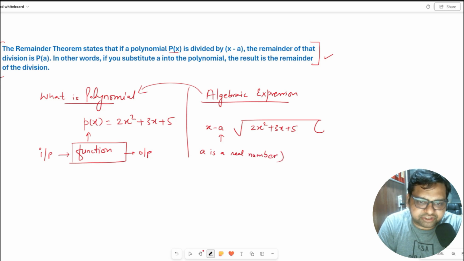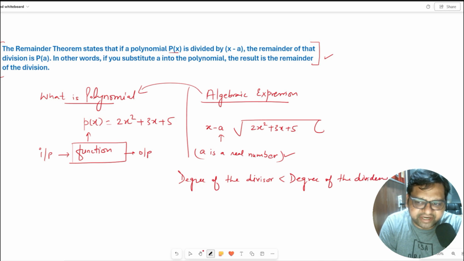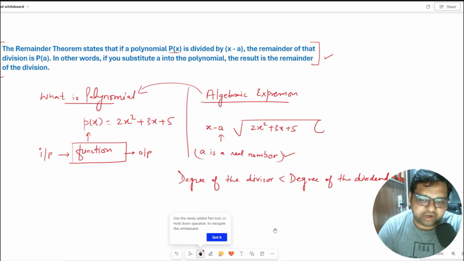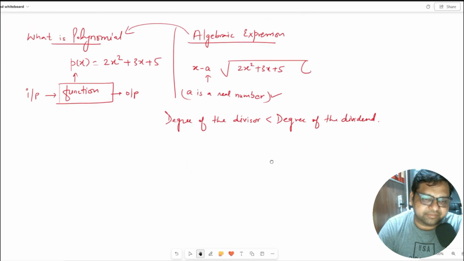According to the question, we will find out the value of a, and we need to understand here the degree of the divisor should be less than the degree of the dividend. So this is very important, क्योंकि डिविडेंड की डिग्री ज़्यादा होगी तभी आप उसको डिवाइड कर पाएंगे. नाउ रिमाइंडर थ्योरम एक्चुअली में कहती क्या है, लेकिन लाइक